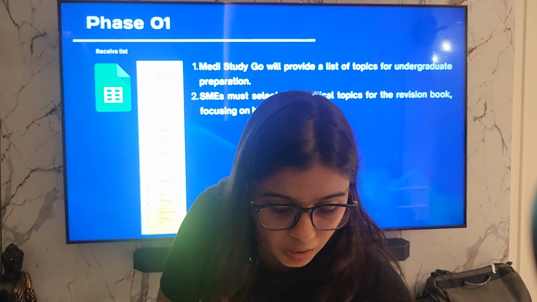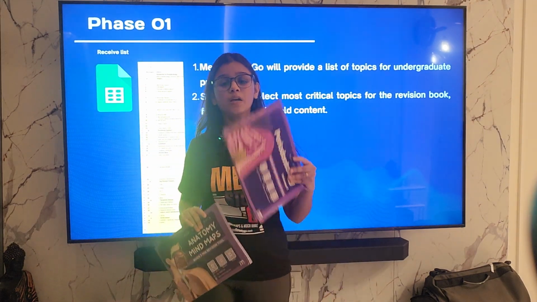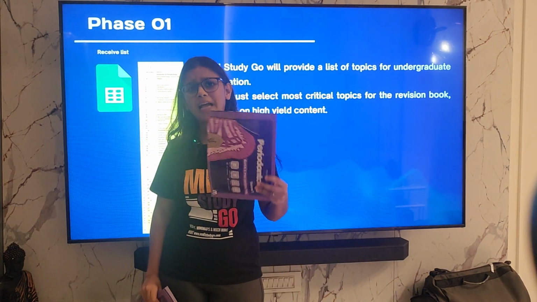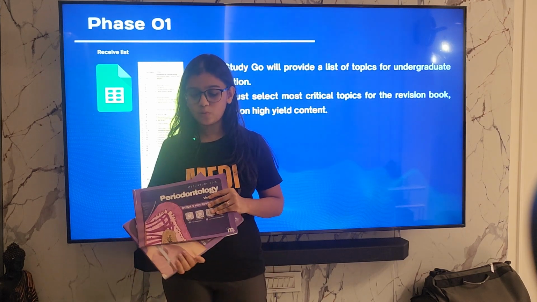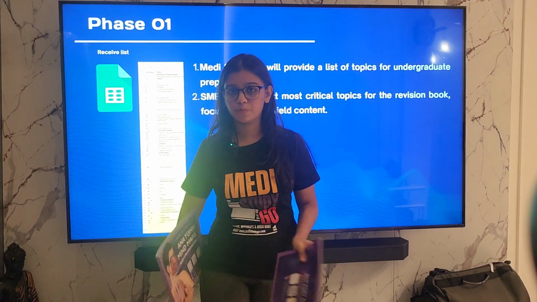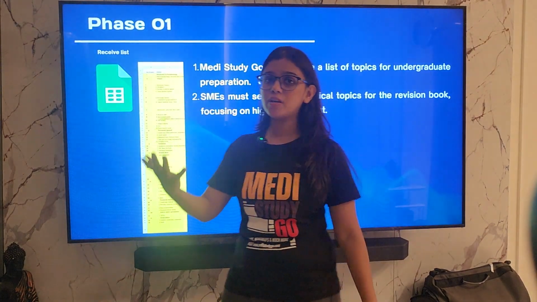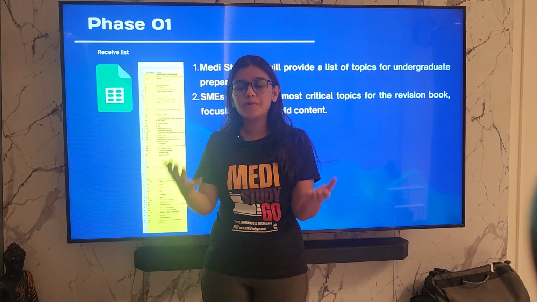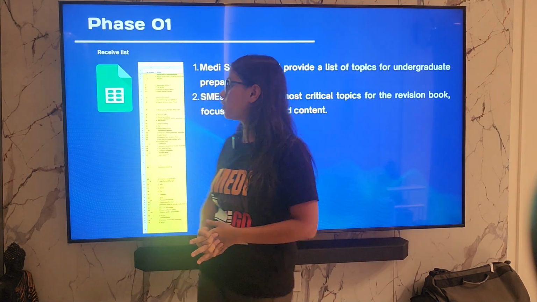For example, when we did our anatomy book, it was this thick, so it was a little heavy for the student. But when we did our perio book, it was actually very tiny and the student is able to carry it better. So we think that having at least 2 volumes of a book would definitely help you. So you can have a look at the topic list, and in your mind you can decide that I want to divide the volumes in a certain way.